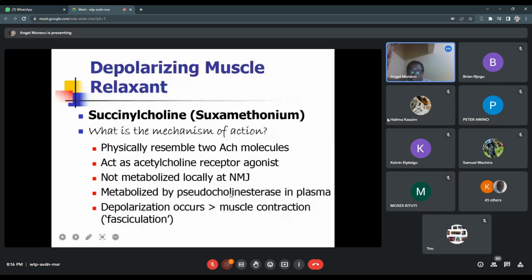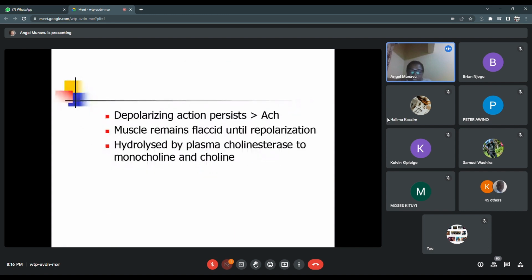Please note that the acetylcholinesterase that hydrolyzes acetylcholine is found at the synaptic cleft. So it is just there. So acetylcholine binds, does its work, and immediately it is broken down. But for succinylcholine, the pseudocholinesterase